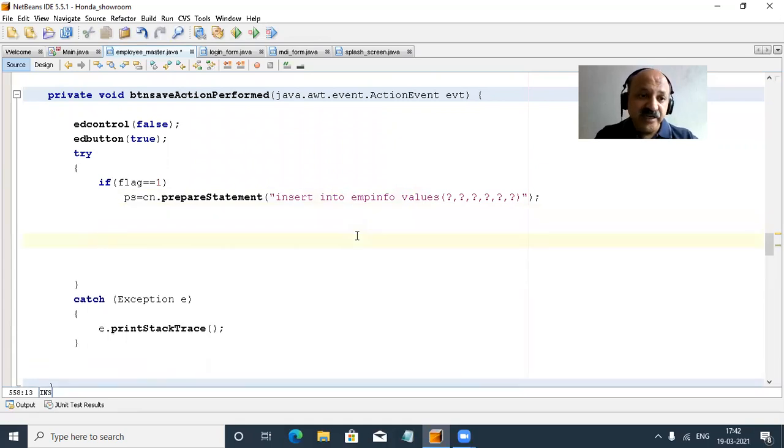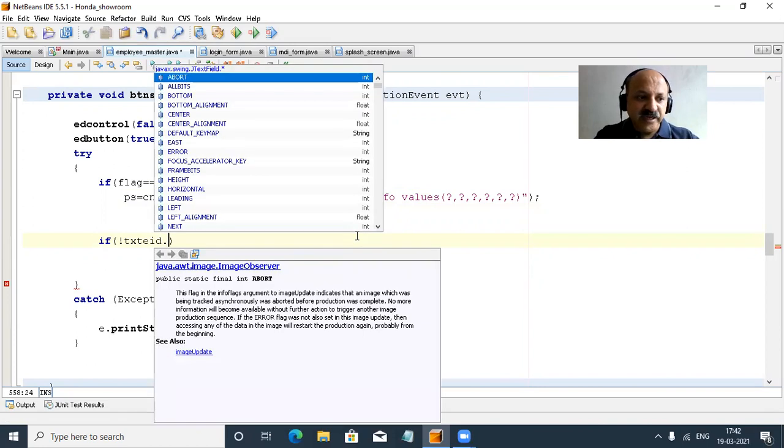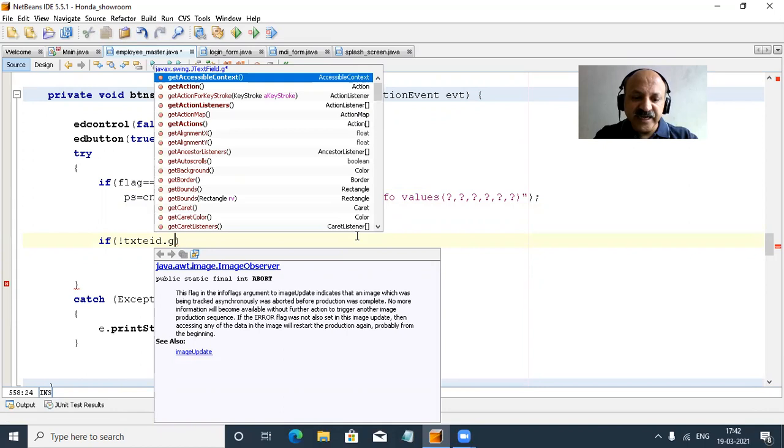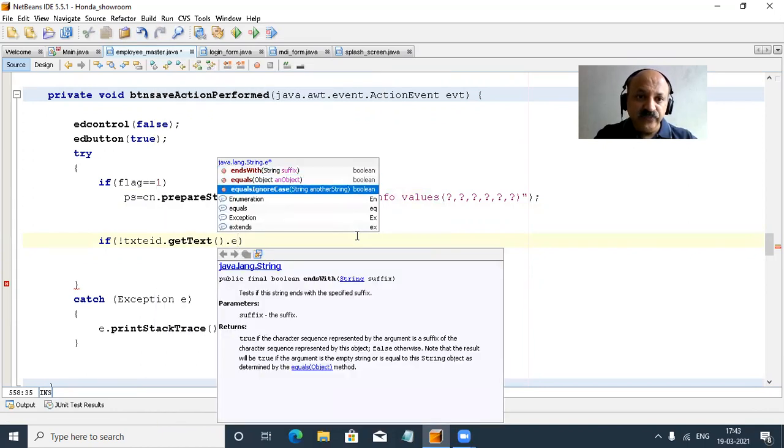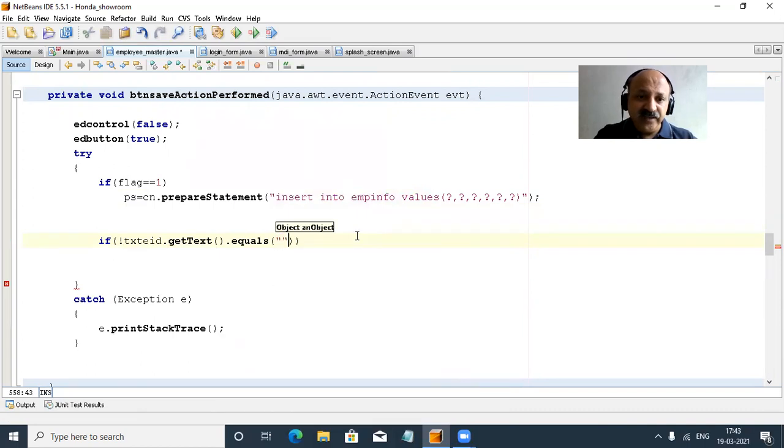So yes, first we can add validation. Yes, that is very important. So again there is an if condition: not signed, and first our txtEid, and we can use the getText and equals method. If the user provides a blank, we say please fill all the fields, that is a validation.